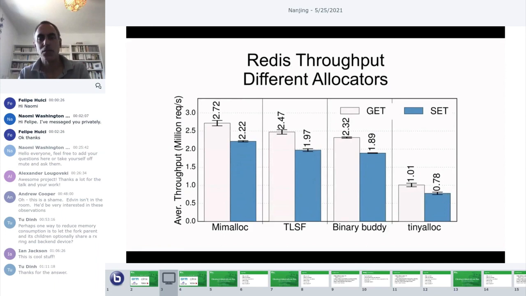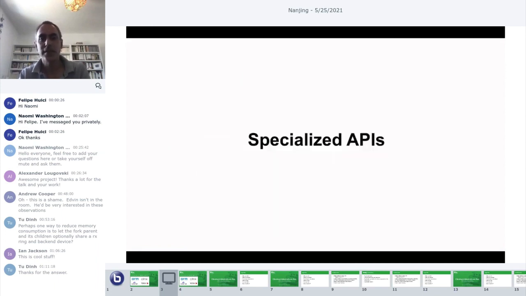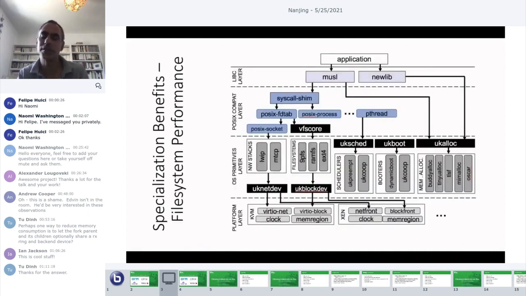And then we wanted also to test application performance with different allocators. And you can see here, in this case, memalloc is the best allocator. And it doesn't matter which allocator you use. And with Unikraft, you can, at compile time, choose different allocators and then test which one does the best for your application.